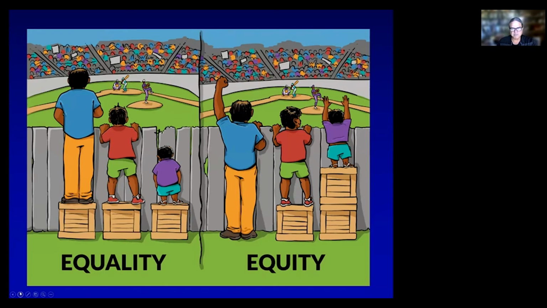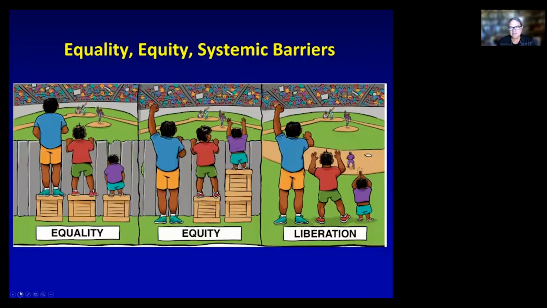I had been showing this image for many years, and a couple of years ago, someone sent me an image that I think is just brilliant. And the question is, why is that fence there in the first place? Perhaps rather than just developing programs and policies to overcome the barriers, maybe we need to get rid of the systemic barriers. When I think about that, there are so many social determinants of health, and there's a context that puts our population at greater risk for poor maternal health outcomes.